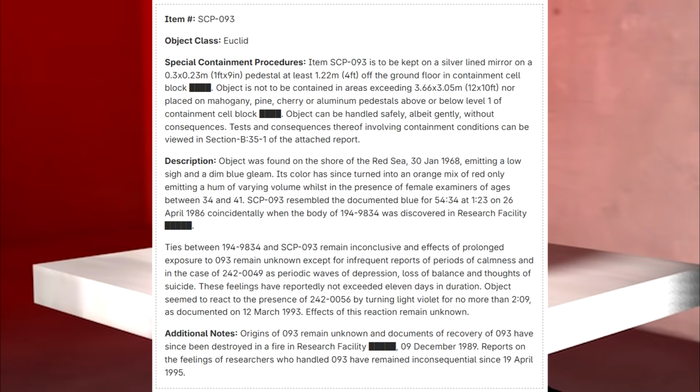SCP-093 resembled a documented blue for 54 minutes 34 seconds at 1:23 on April 26, 1986, coincidentally when the body of 194-9834 was discovered at a research facility. Ties between 194-9834 and SCP-093 remain inconclusive, and effects of prolonged exposure to 093 remain unknown, except for infrequent reports of periods of calmness,